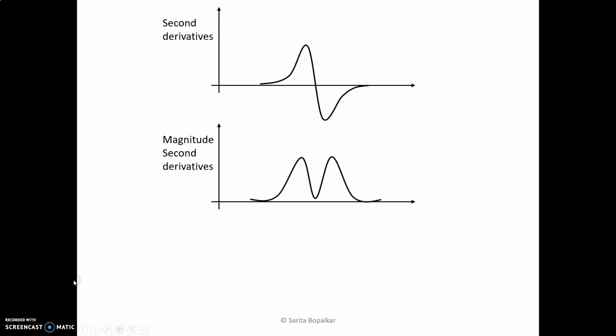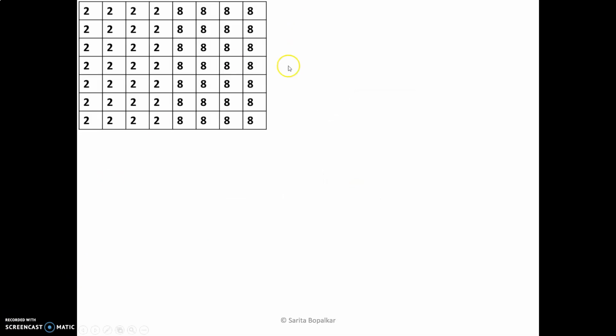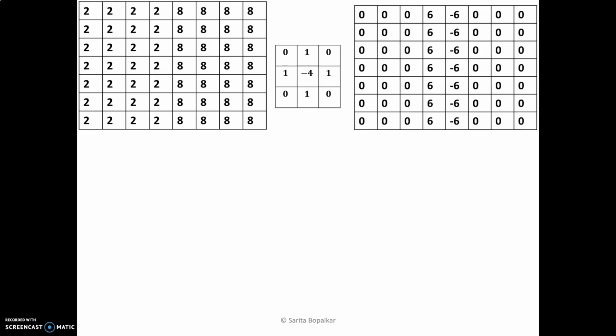Now let us see how this Laplacian actually works on an image. This is the image, and if you observe, this intensity is constant here, and this is another intensity which is constant here. So this constant intensity region should be bypassed by the high pass filtering, that is our Laplacian operator. Now this is the edge. It is a step edge. The transition is sharp from intensity 2 to 8, low to higher. So we will convolve this image with the Laplacian operator which we have developed. And we all know the convolution process, so directly I will give the result.